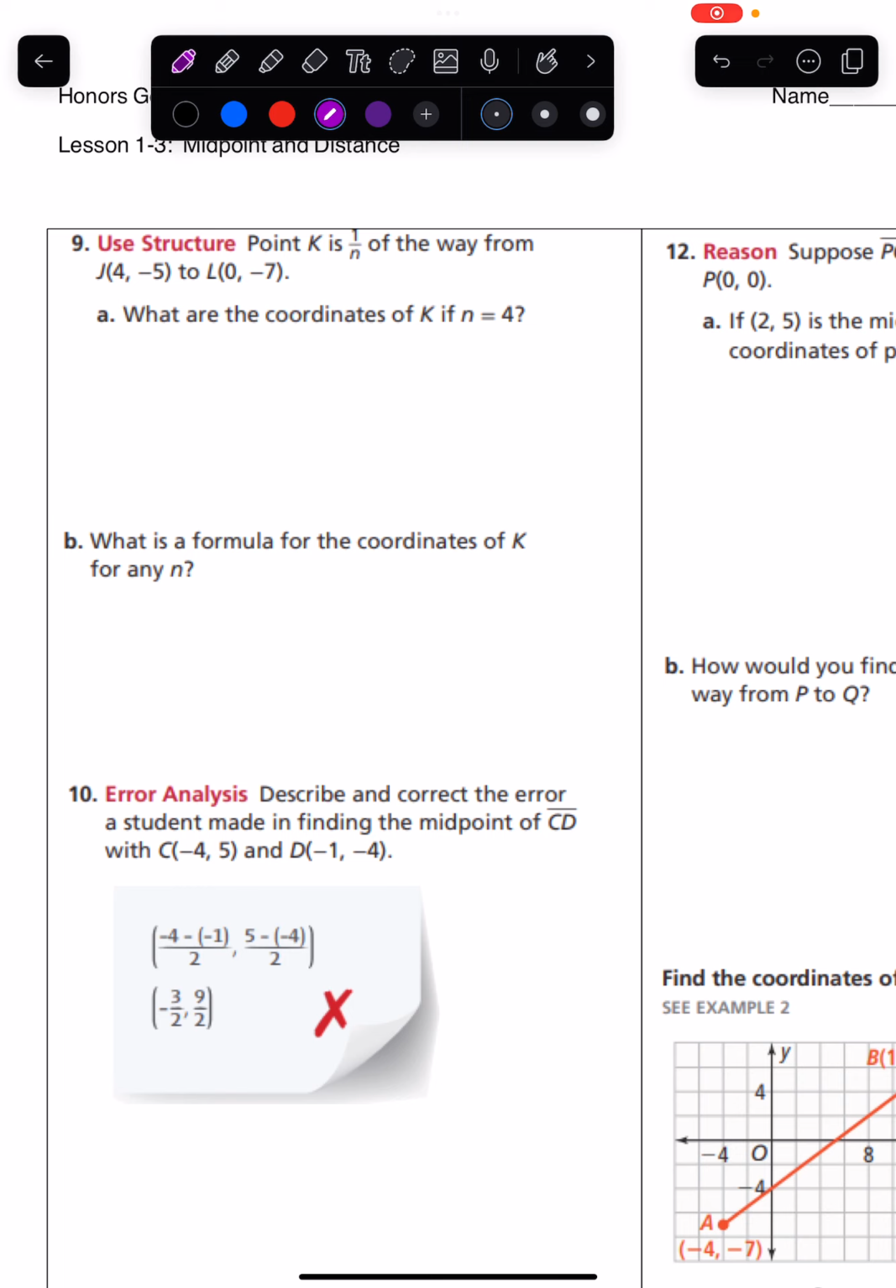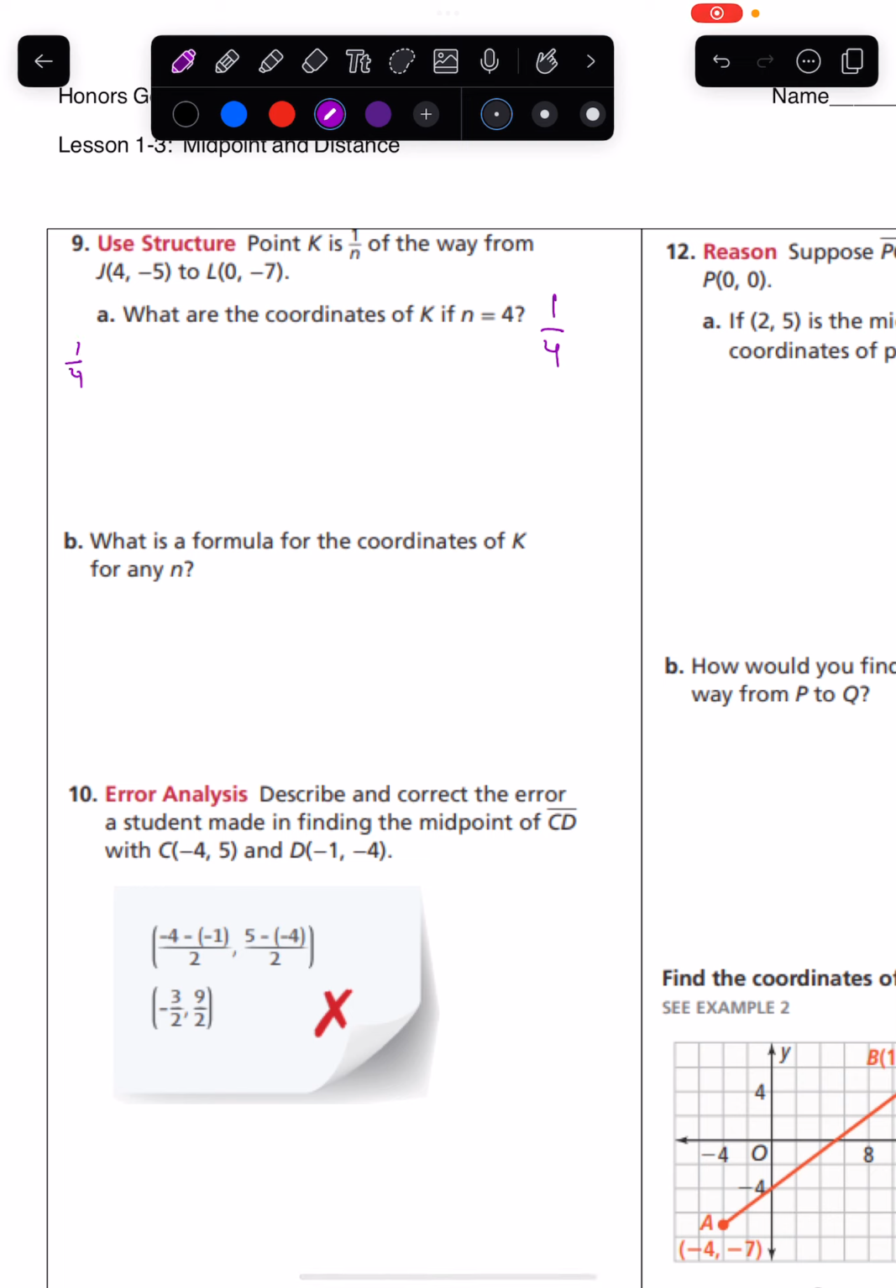Part 1, it says point K is 1 over n of the way from J to L. What are the coordinates of K if n equals 4? So if n equals 4, that means that K is 1/4 of the way from J to L. And we learned how to do this in the notes. So if K is 1/4 of the way, what we're going to want to do is